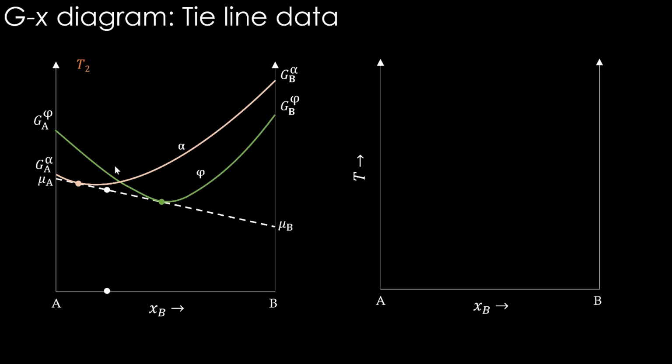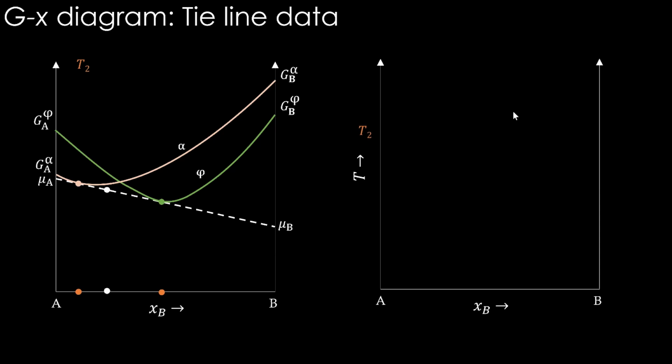Now let us take this tie line data that we have seen to the phase diagram. Okay, so this is our temperature T2 where two curves intersect, and we see that for some overall composition range, we know there will be two phases in equilibrium. What we are going to do is take these two compositions here on the x-axis, they are labeled here, and this is the temperature T2, right? And when we draw a phase diagram, we put temperature on the y-axis and composition on the x-axis, right? So this composition data should go against this temperature in this diagram. That's what we are doing here.